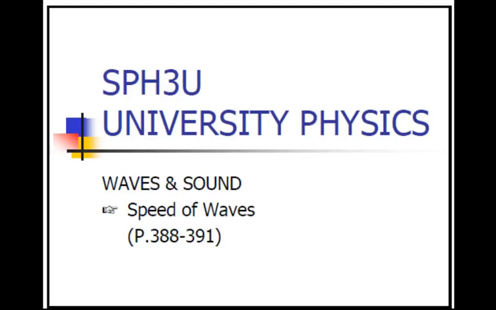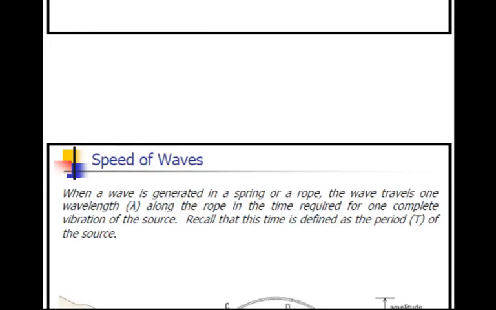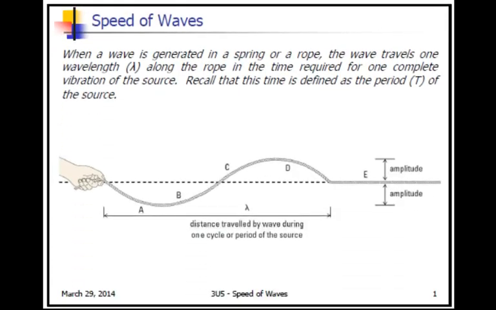We learned about wave characteristics in the last lecture. In this lecture, we're going to learn about the speed of waves. And there's actually a very important equation, which we call the universal wave equation, and universal meaning that it works for all waves. This slide says when a wave is generated in a spring or a rope, the wave travels